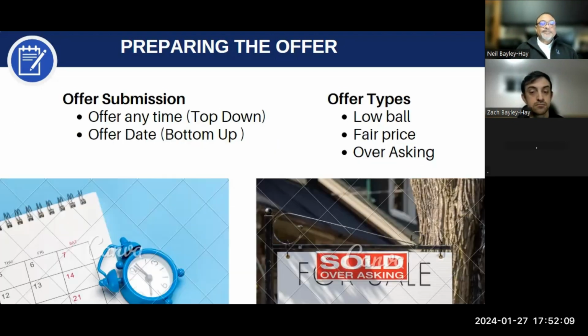Zach, I just want to jump in on that. Zach hit it on the head, the average, what we call list to sale price ratio, is, depending on the price point, 97% of the asking, 98% of the asking, sometimes 96%. However, when he was speaking earlier about doing the research, that's the biggest indicator, because somebody could be priced right on the value of their home. And that research is going to aid us in determining whether or not we go in right at that price, or if all the research indicates that they are drastically over, like those examples Zach was giving you earlier,